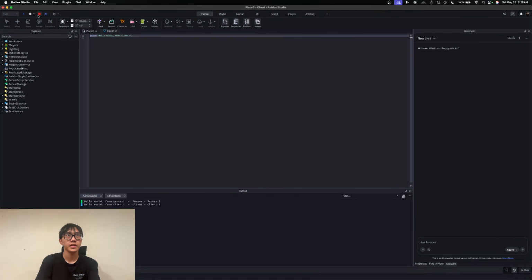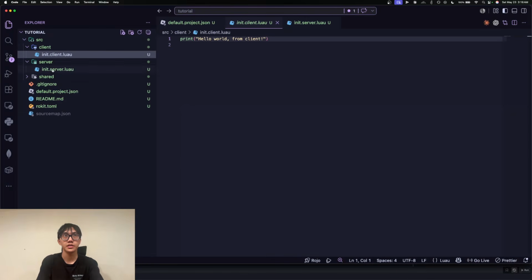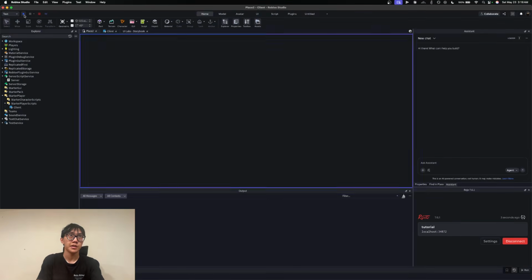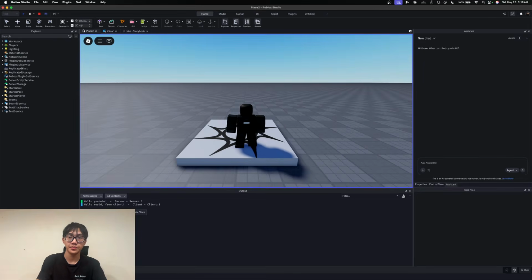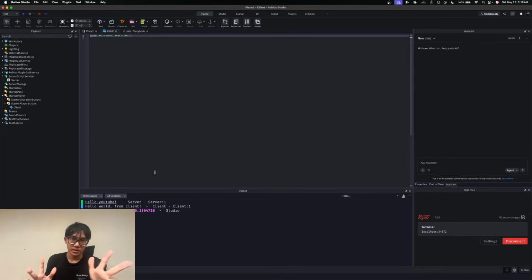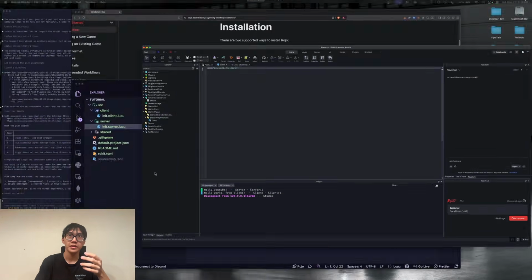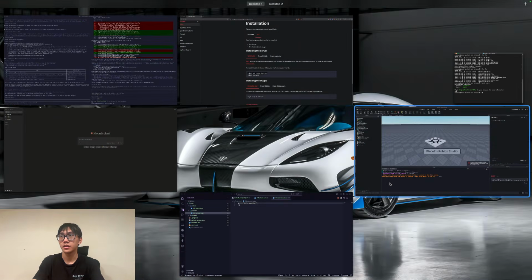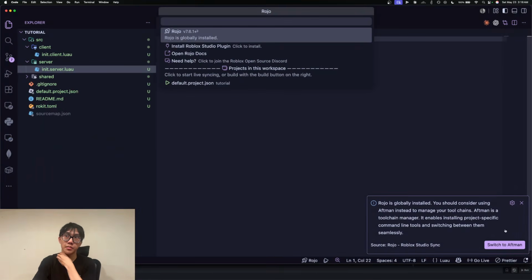So what happens if I change it on the server inside my computer? If I just say, I don't know, hello YouTube, and save it. Make sure you save it, by the way, and then press run again. That's going to say hello YouTube. So that's the first step to actually using Claude Code with Rojo, but I haven't gone into that yet. So I'm going to stop here and I'm going to start putting Rojo on my terminal here